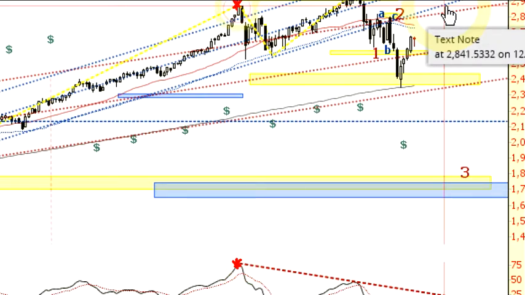Now, obviously, some more cards have to come out of the deck before you can tell you have a divergence. In this case, the market sold off and then found support and then began to rally and make a new high. So here's a new high right here. But look what happened on the MACD. The MACD failed to make a new high. So what this is telling you is that this last run up here,